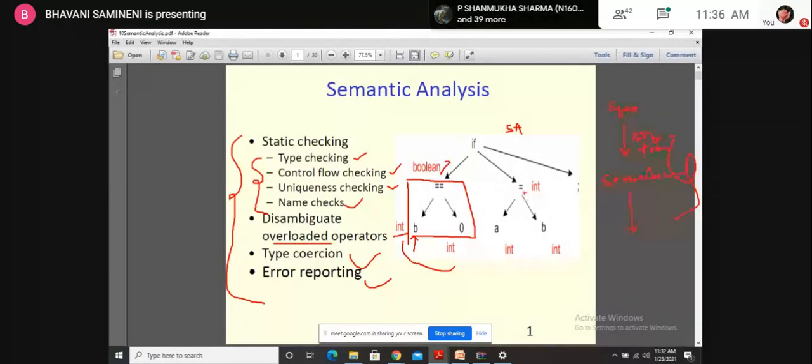Just check here. There is an equal to operator, the assignment operator, with a statement like a value, b value. There is a variable a, which is of integer data type, and here there is a b, which is also of integer type. Now we are assigning between two integer variables only, so no error. These kinds of things are performed during the semantic analysis phase. These are the main responsibilities of semantic analysis.